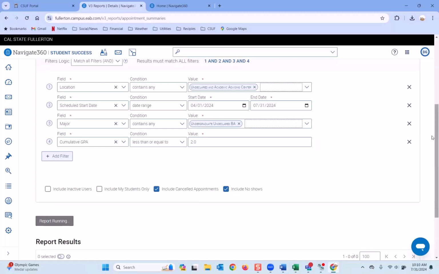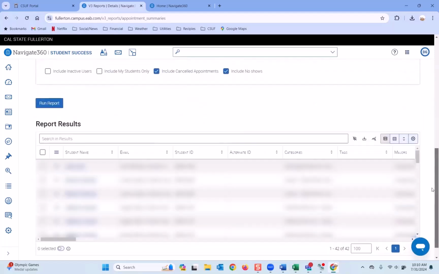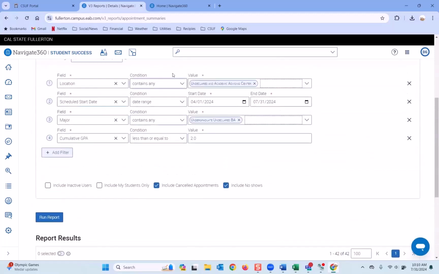Now, you might be thinking, well, this is really similar to the advanced search, and you'd be correct in that. The main difference that we're really looking at is that these are students that have had appointments, right? Because this is the appointment summary report. So all of this stuff that I'm doing, you could run similar reports like with